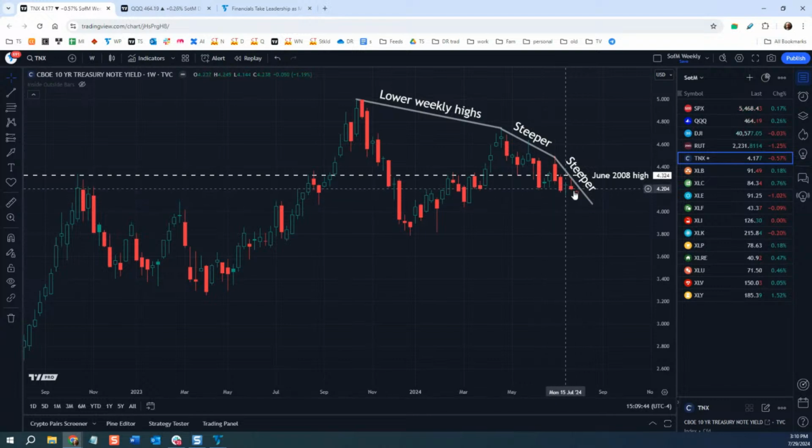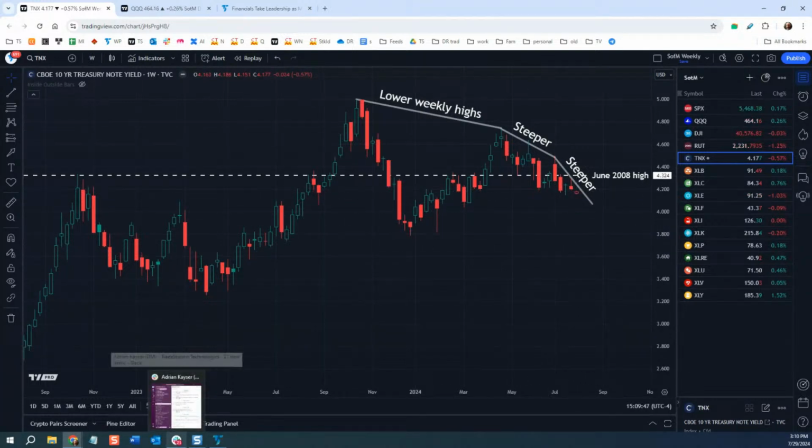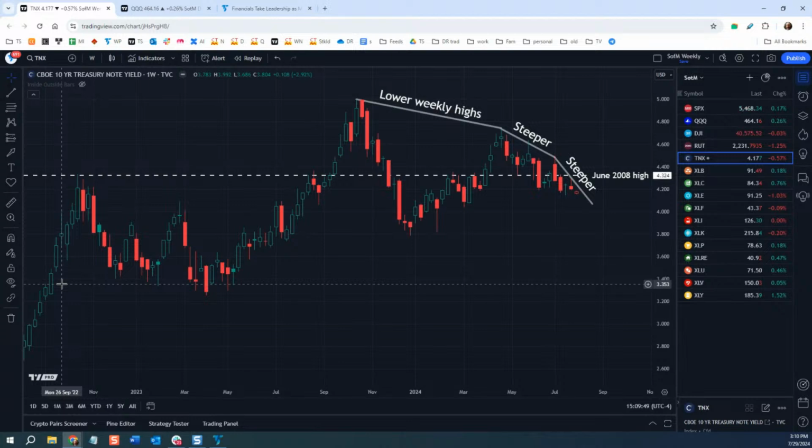Things like this are not necessarily going to continue, but I think the key thing to realize is we're stuck under this level at a time when the expectation of the Fed and everything else is coming together. We've also seen a steepening of the yield curve, and that is consistent with the short end falling faster than the long end, but both of them tend to shift lower when the Fed starts to cut rates, as most people expect they will do in September. So I just think it's interesting to see this. And this is, I believe, the single most important chart, because if we continue to see a decline in yields, that has knock-on effects across a broad range of different indexes and things.